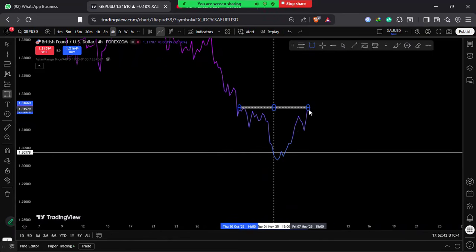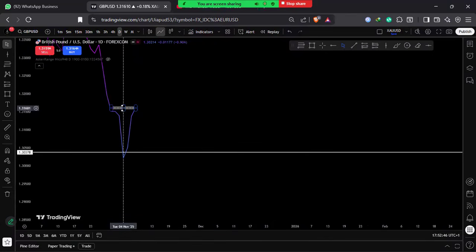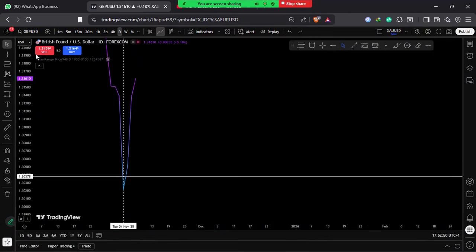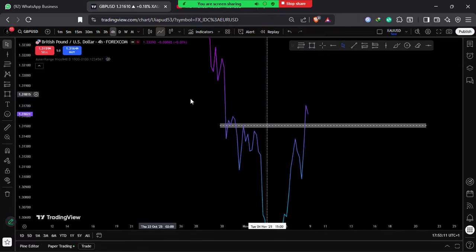Can I go back to the daily time frame? Let me see if there's a level up there that coincides with it. Okay, interesting. This one, is it premature? You see this high also. It's just that it's premature to me. But someone can come and say, okay, this is a breakout and the weekly is bullish. But me, because I don't want to lose money anyhow,